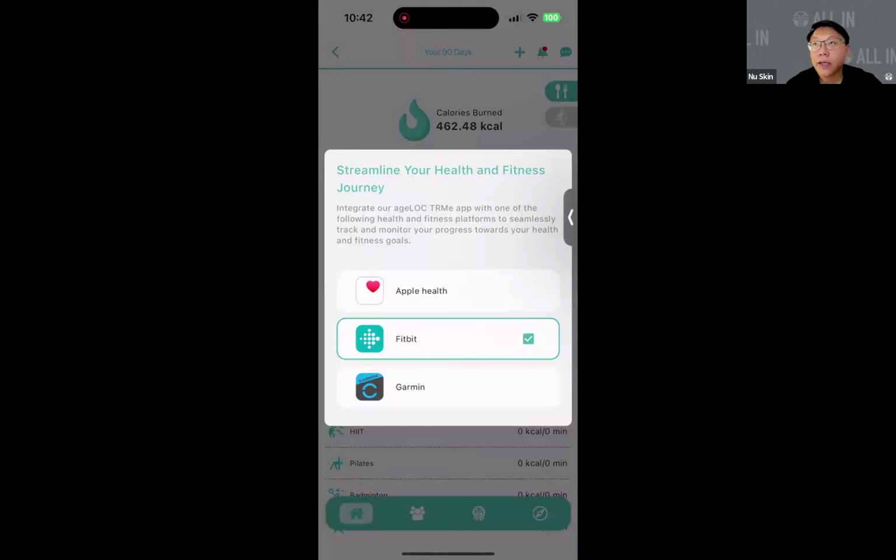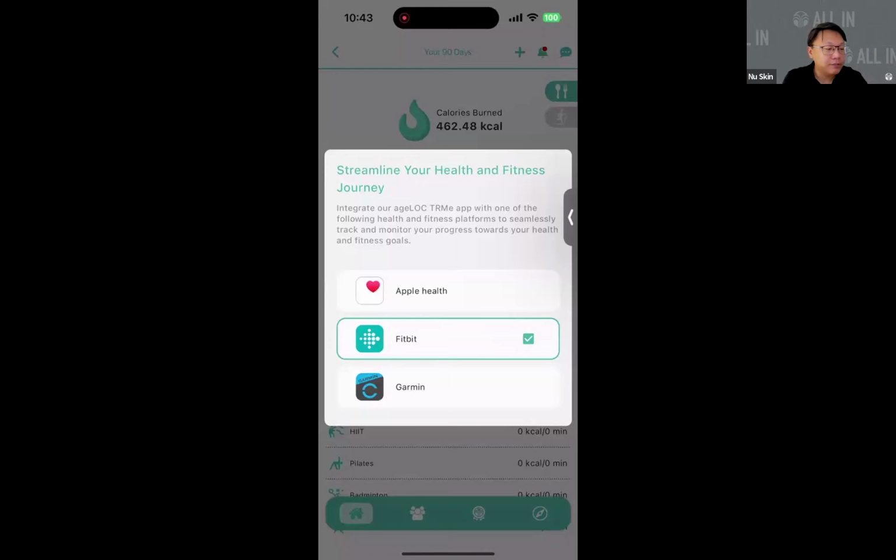If you are on Android, you have Google Fit. Okay, so you can select those. Android OS has a little bit more flexibility, even though some of the wearables also leverage on Google Fit. So if you have wearables that sync to Google Fit, you are also able to sync that data back